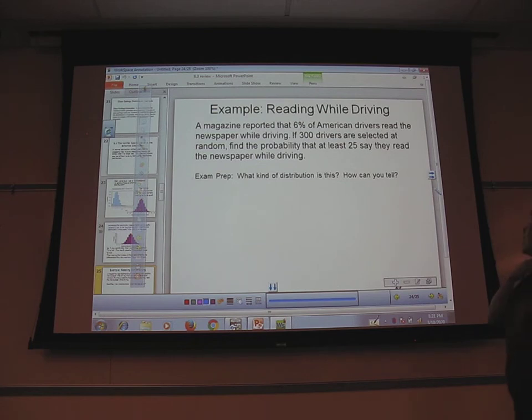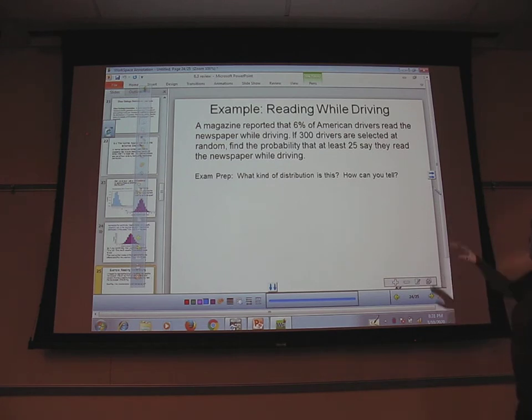So that means that over and over again I'm doing this trial to either say success or failure, right? And like someone pointed out, success doesn't necessarily mean a good thing. A success is whatever you're interested in finding out. If I want to know how many people die from the coronavirus, then a success would be dying from the coronavirus, which none of us considers to be successful, right? But if that's what we're concerned about, then that would be our success.